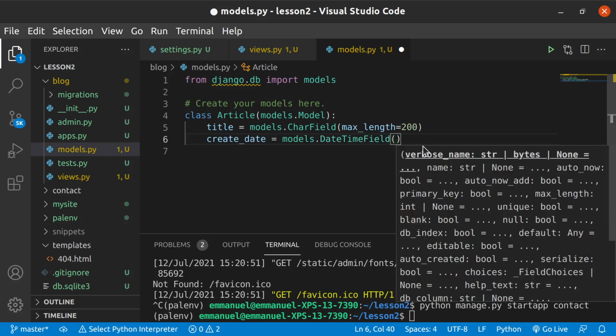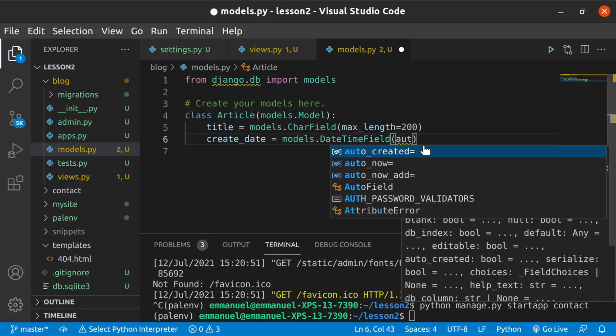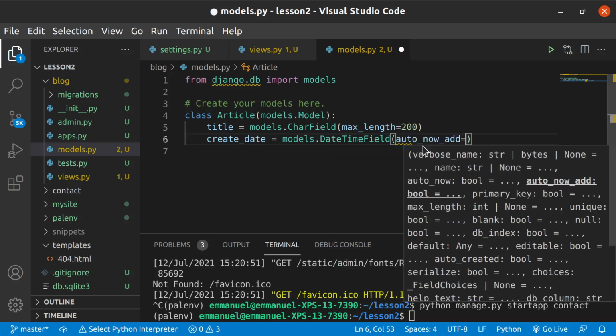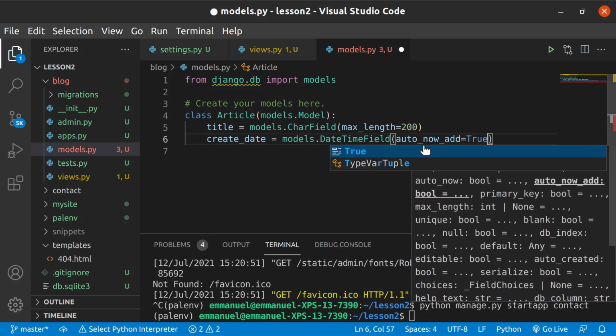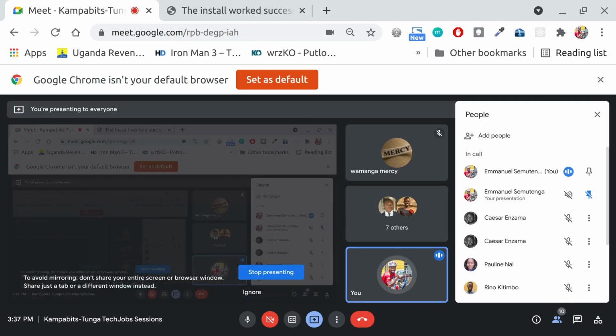Then we can have this one to be maybe, I'll use auto now add, but I'll try to explain why I'm using that constraint. Yeah, auto now add is equal to true. It also sometimes confuses me, but let me first try to bring up the